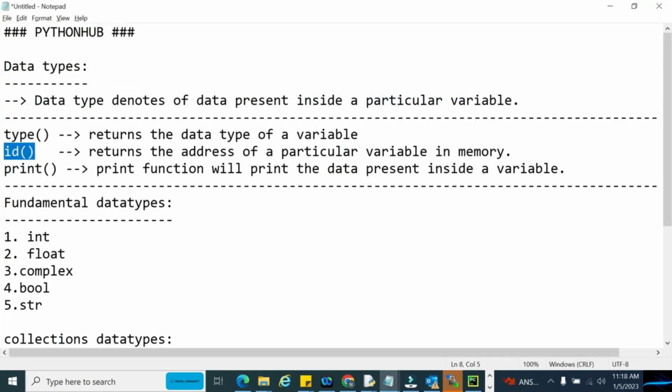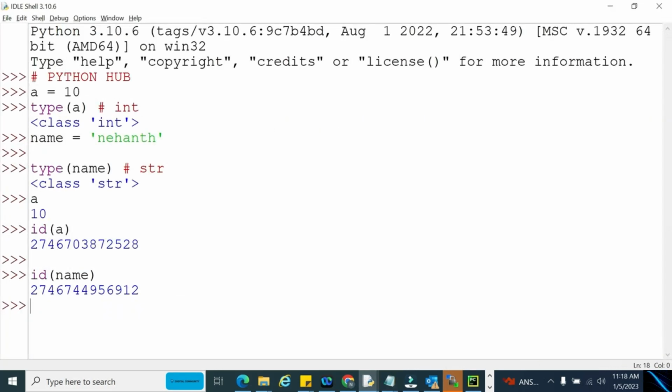Okay, now let us go and discuss the third function, that is the print function. I think this function is a little easy. The name itself is indicating, right? We want to print something on the console. This print function will take a string inside. Whatever string we have passed to this print function, that string will be printed. Suppose this is a Python